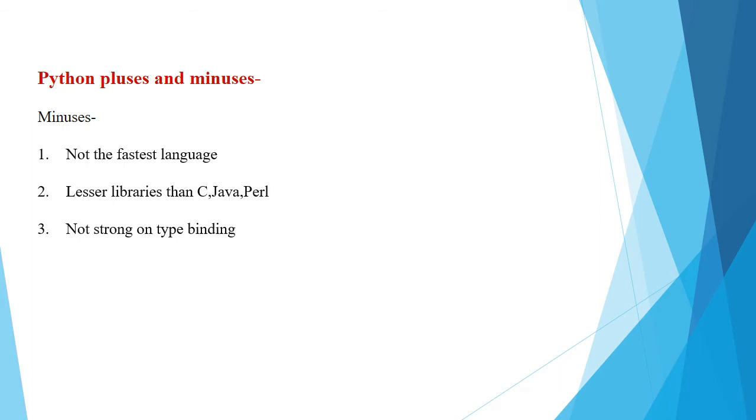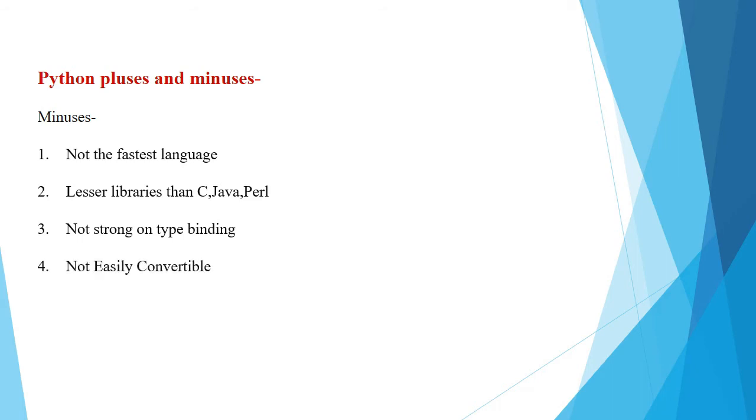Now this is a problem for Python. It is not able to catch these differences. It will not complain to you about the type mismatch. Though it will produce an error later on in the program, it will not let you know the mistake at that time. So that is one of the disadvantages of Python programming.